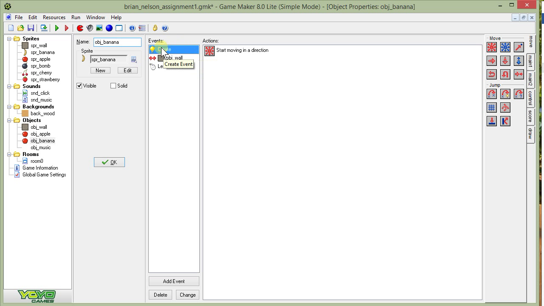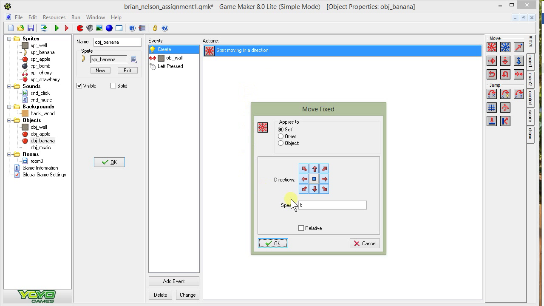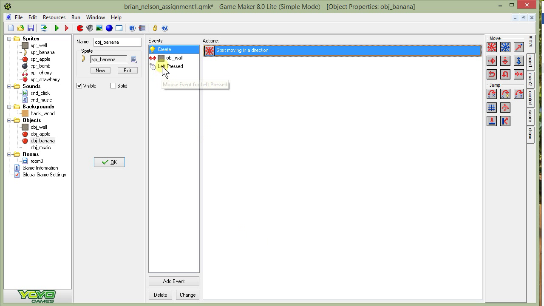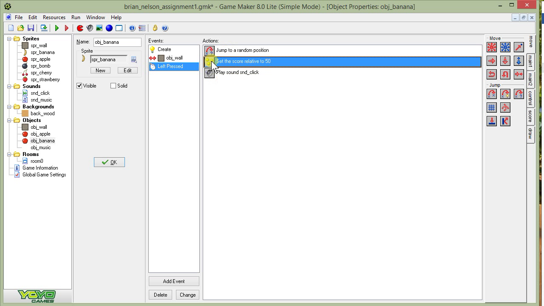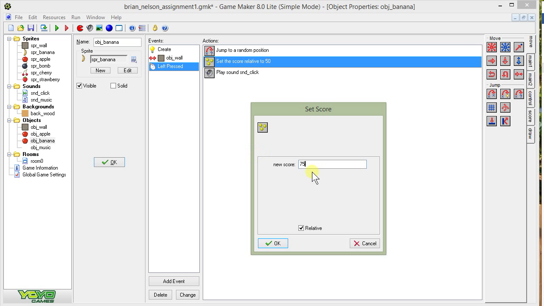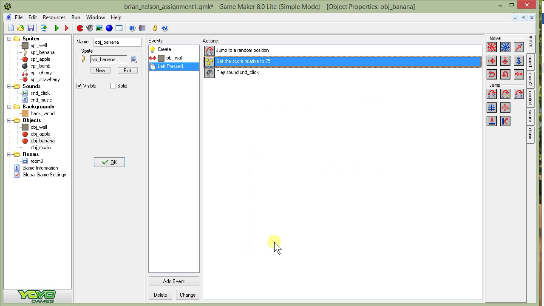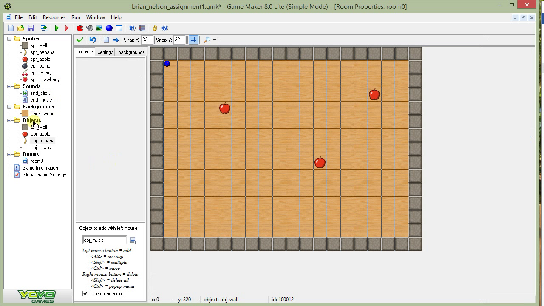Then what I'm going to do is go over to the create event, click on the move action, and I'm just going to change the speed. And what I'm going to do is make this a really hard one to click on. So I'm going to speed it up to 10. And then I'm going to come down to the left pressed and go to the score, and I'm going to raise that score up to 75. So it's moving faster, so it's harder to click on, so if they actually make it, it will give them more points. Now what I'm going to do is go ahead and create a cherry and a strawberry object, and